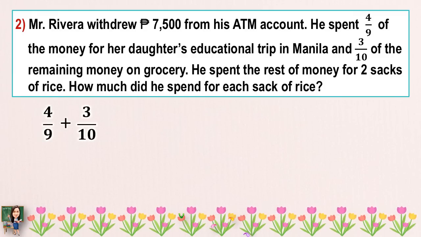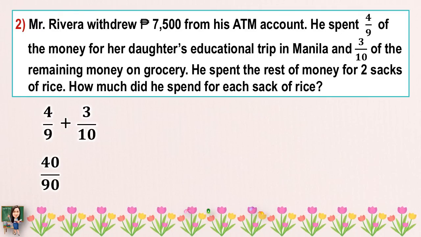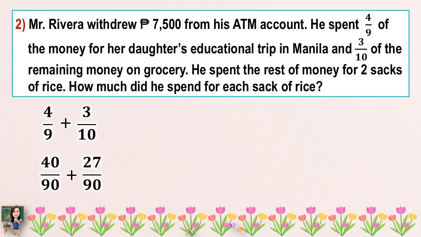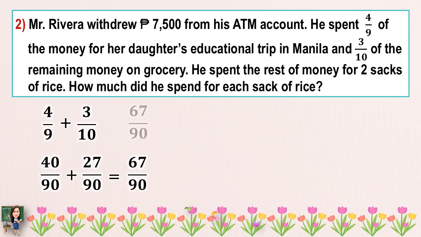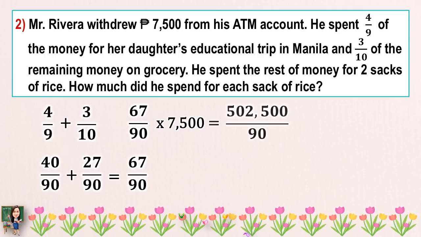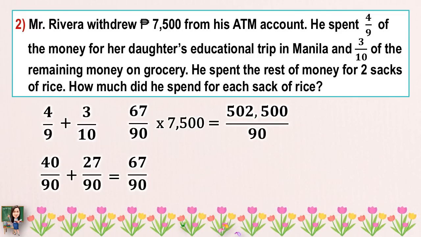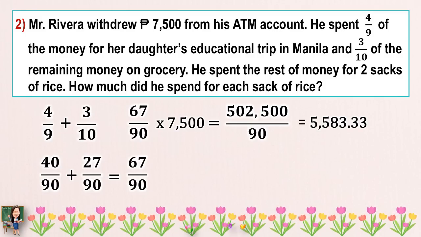Add 4/9 plus 3/10. Rename 4/9 as 40 over 90. Rename 3/10 as 27 over 90. Then add 40 plus 27 equals 67. Then 67 over 90 multiplied by 7,500 equals 502,500 over 90. Then divide. 502,500 divided by 90 equals